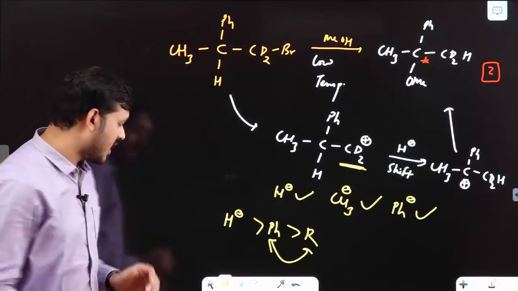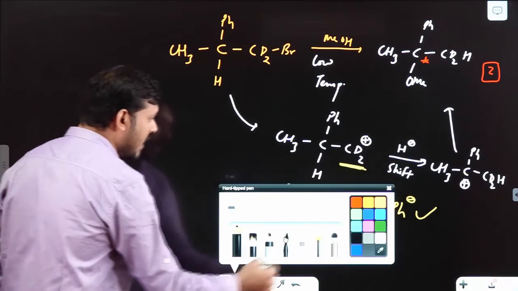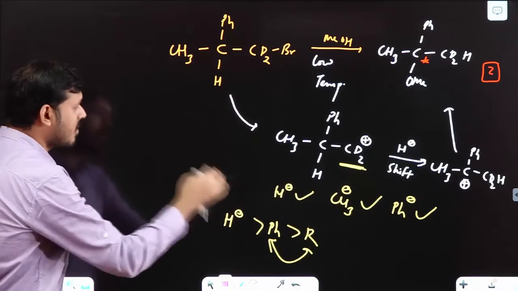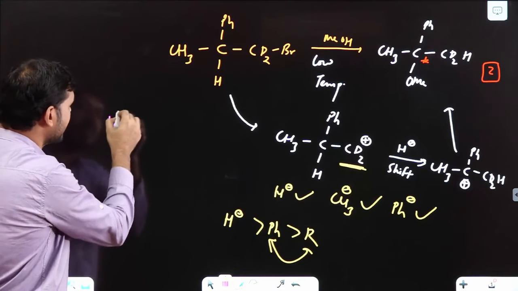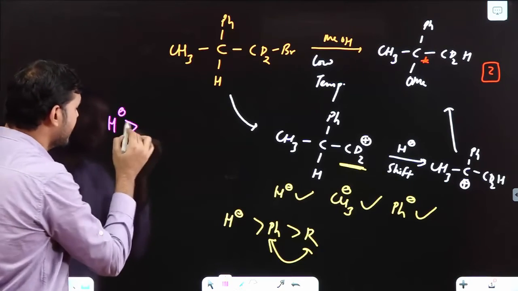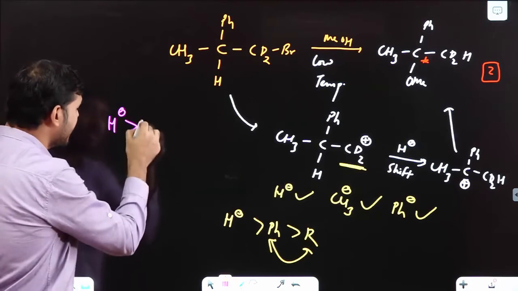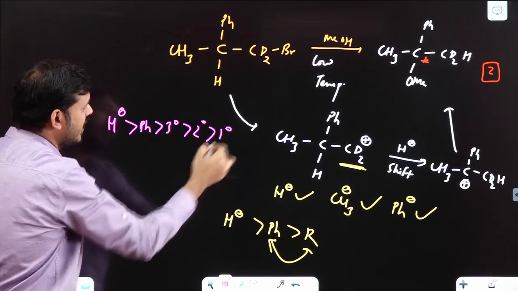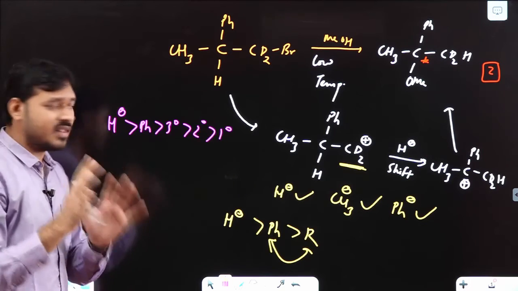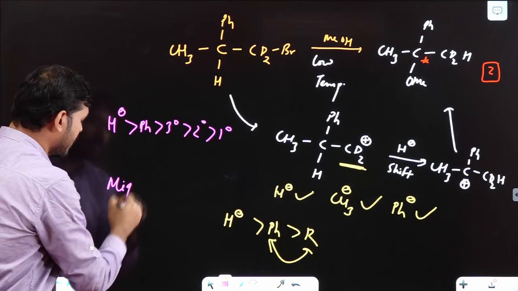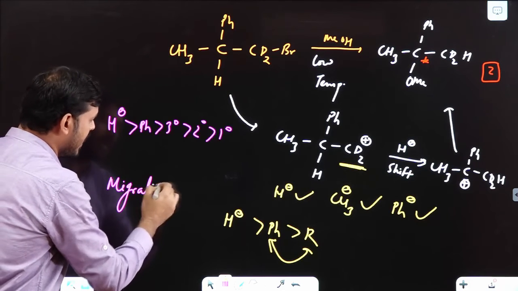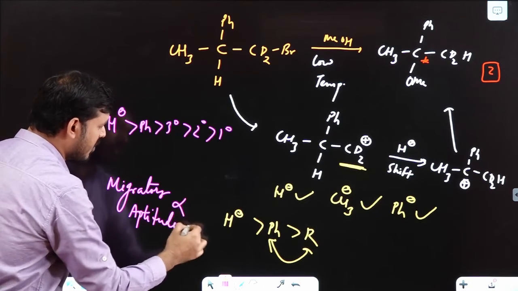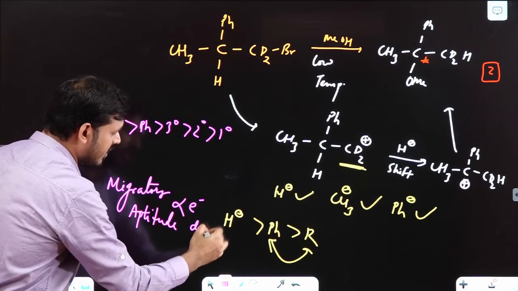Now the question arises, sir, last time you just mentioned about these two, so there is some ambiguity. Remember this thing, I am just telling you one important part. Always remember the order of shifting or migration of groups will be first hydride, okay, then generally pH, then 3 degree, then 2 degree, then 1 degree. Standard thing is migratory aptitude is directly proportional to electron density.